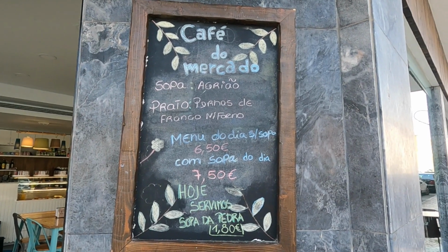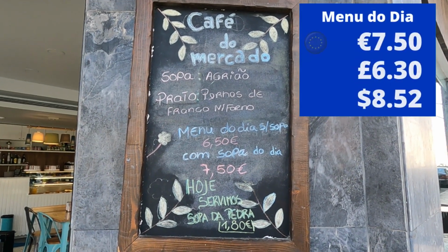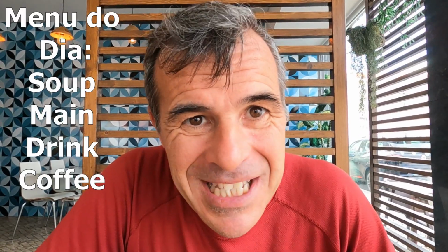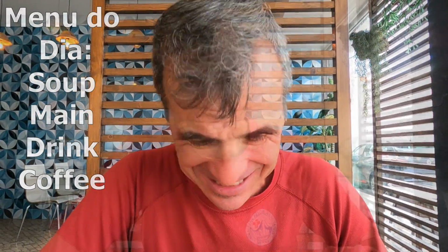So I had a look at all the restaurants along the waterfront and they look great, but I'm not that into fish. So we've ended up coming back to the Café do Mercado for their menu do dia. This place has got to be the best value in Peniche, and it's always popular with locals, which is always a good sign. This menu starts with sopa agrícola,